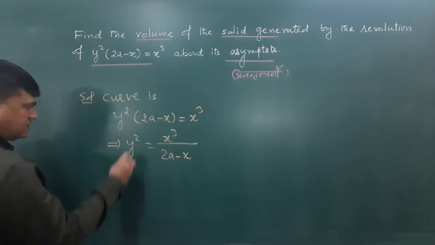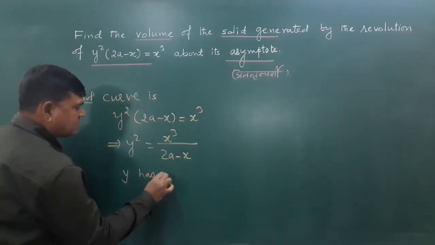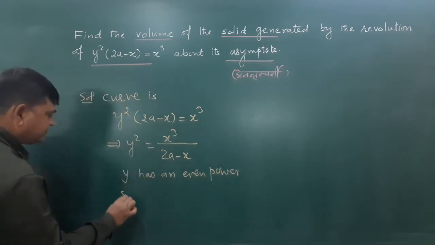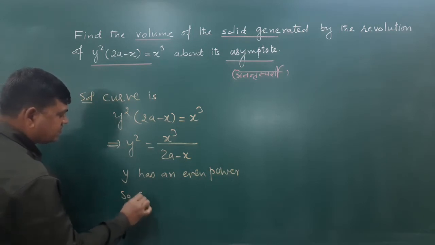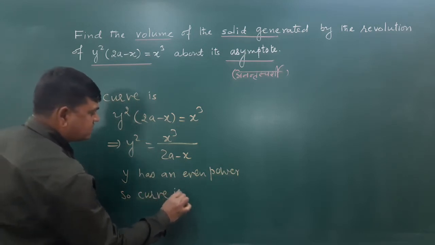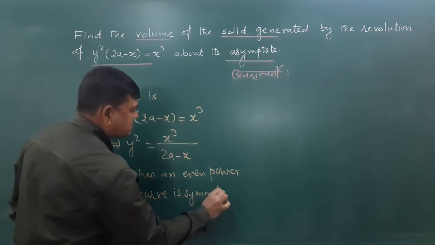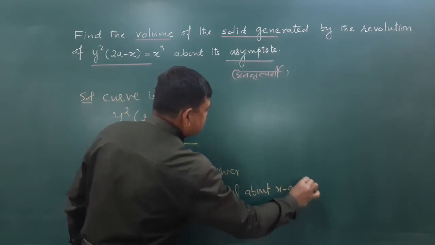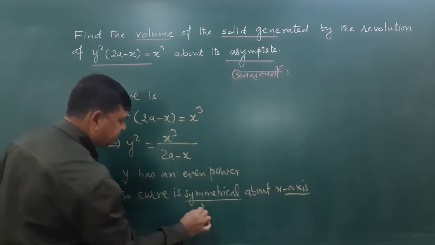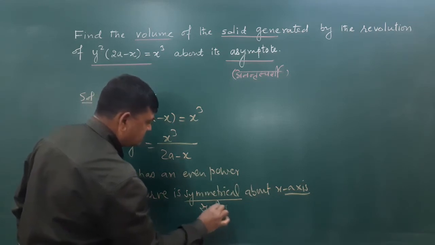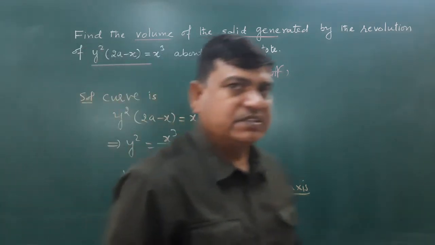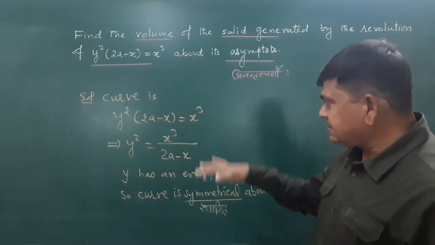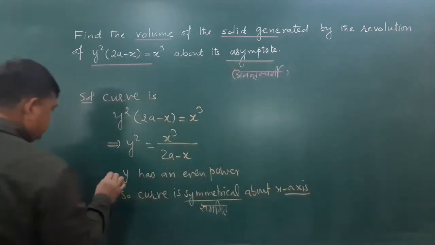Now remember, y has an even power. So the curve is symmetrical about x-axis. सममित। कर्व ट्रेसिंग आपको आना चाहिए बहुत अच्छी तरह से। कर्व इज सिमेट्रिकल अबाउट एक्स एक्सिस, जैसा एक्स एक्सिस के ऊपर है वैसे एक्स एक्सिस के नीचे बनेगा। ये इसका पहला पॉइंट है।